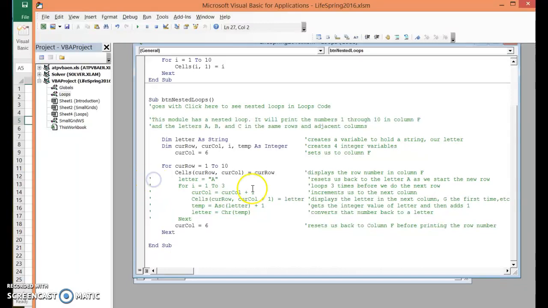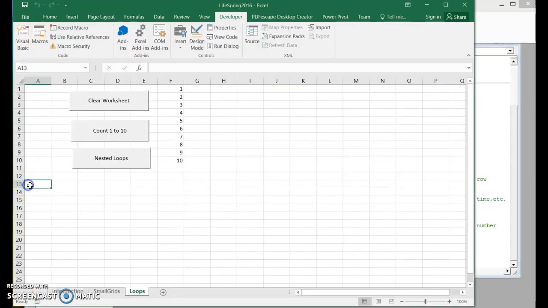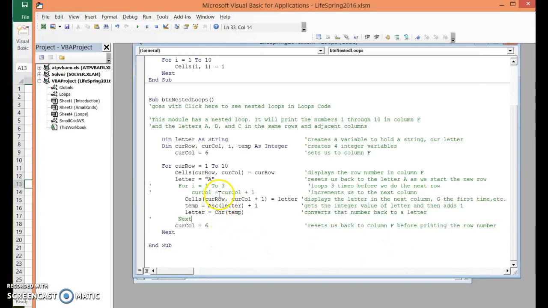So here's where we assign that letter A, and then we say, if we just have this one, current column equals the A, well, if we do this, we're going to get it in the first one, but it's going to get kind of ugly. I'm not real sure what's going to happen. But now when we clear it again and we click it, yes, we just get the A's. Yes, that makes sense because we didn't say for 1 to 3. So it's constantly A, and then we're incrementing that letter, but we come back here and set it back to